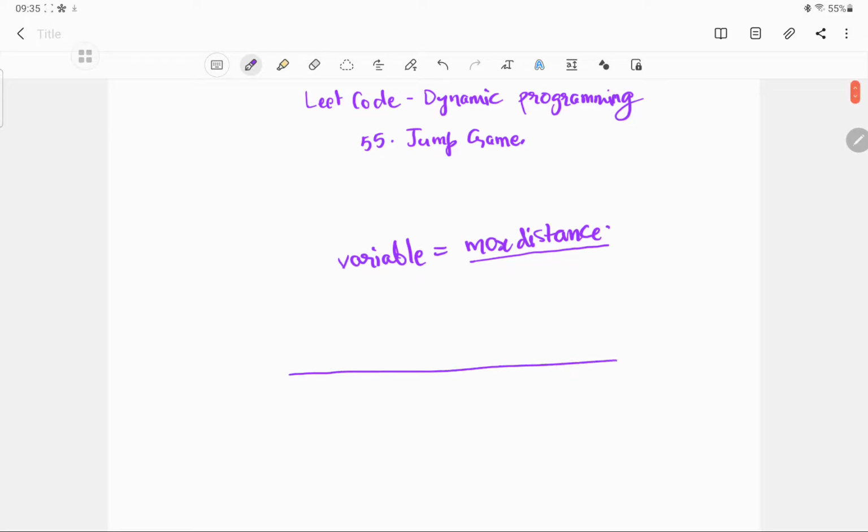So if we go like this, and we had 1 2 3 4 7 1, so we are at 1. At 1 the max distance would be the position plus the value 1. So from here the maximum we can go is to the second position.